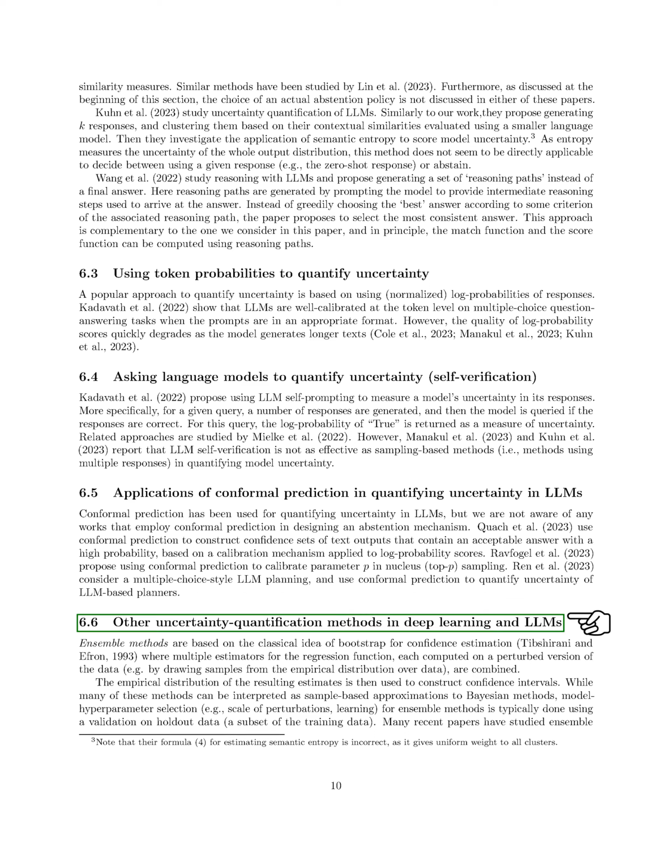Furthermore, we have delved into other methods for quantifying uncertainty in deep learning and LLMs, such as ensemble methods. These methods involve training multiple models on perturbed versions of the data to estimate confidence intervals. While ensemble methods can be seen as approximations to Bayesian methods, they often require validation on holdout data for hyperparameter selection. Our experiments aimed to test three hypotheses related to conformal abstention, loss measurement for detecting hallucinations, and the effectiveness of different scoring methods for long answers.